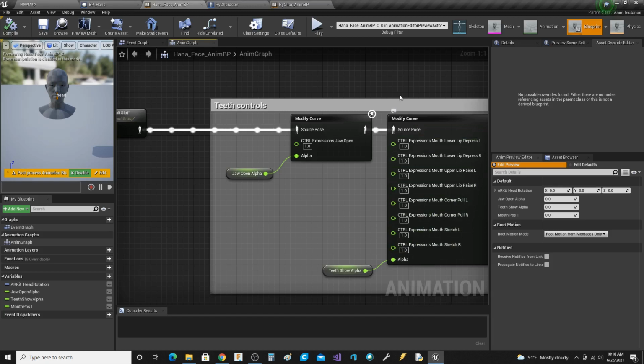So these areas right here and these controls are eventually going to be what we call viseme and phoneme. These are going to be the equivalent of visemes. So we're going to take these values right here,